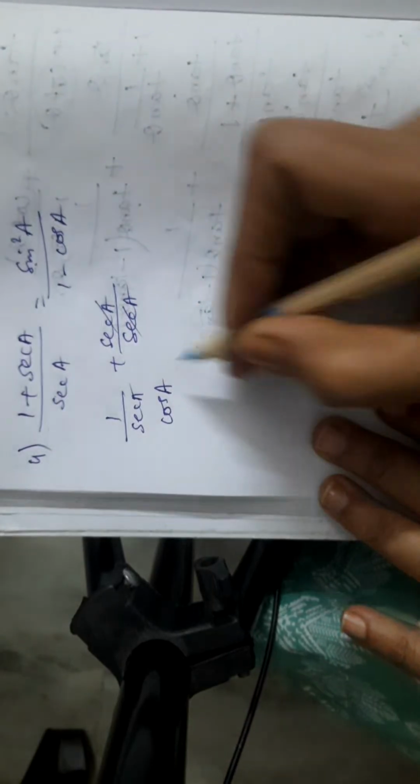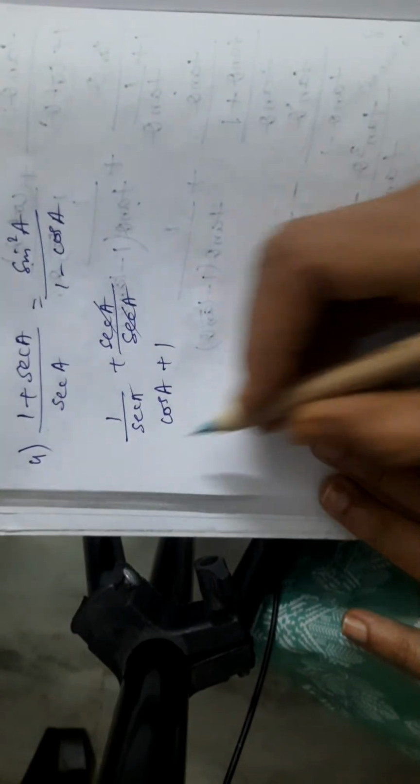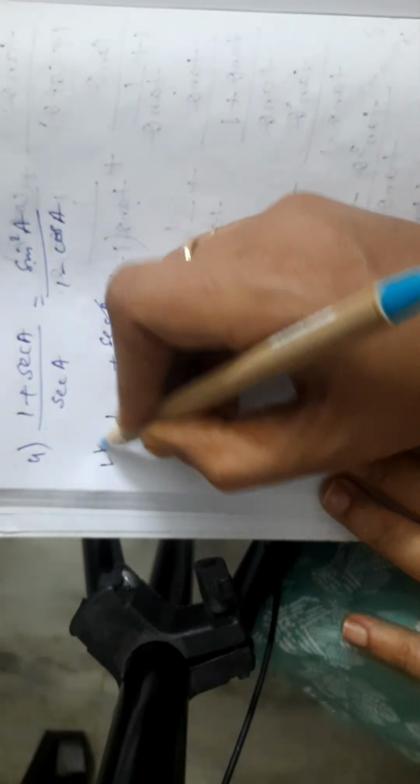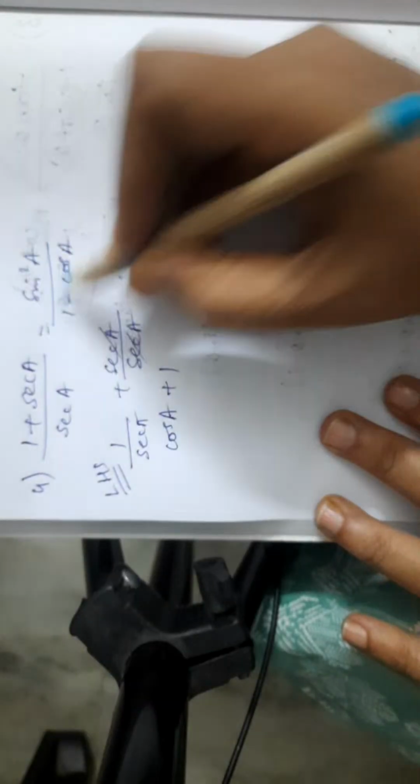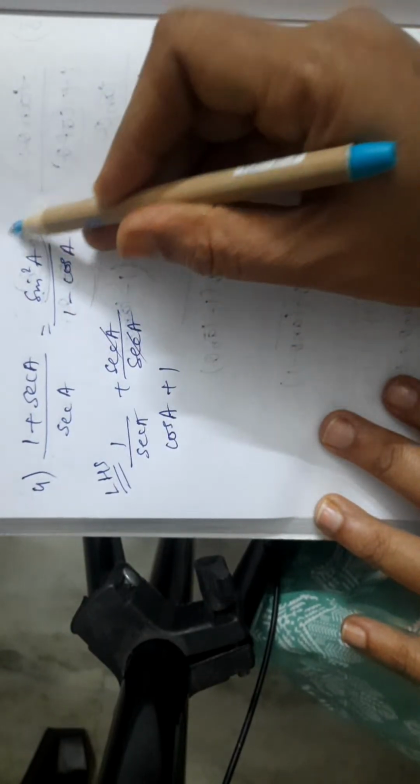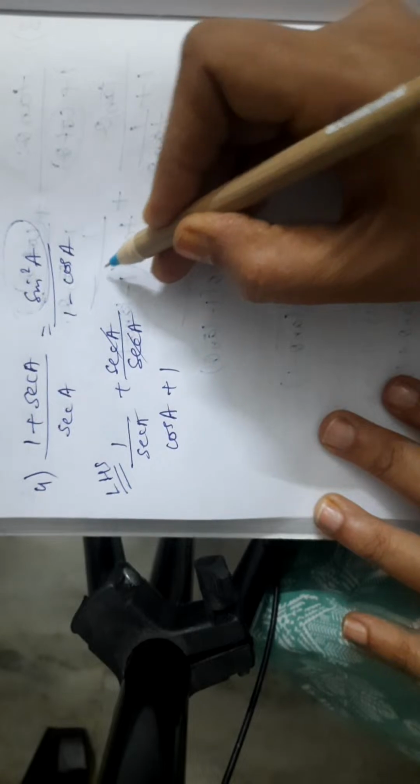Sec will get cancelled, thus it is 1. This we got our LHS. Now let's move on with the RHS part. RHS, for sine square, we can replace it as 1 minus